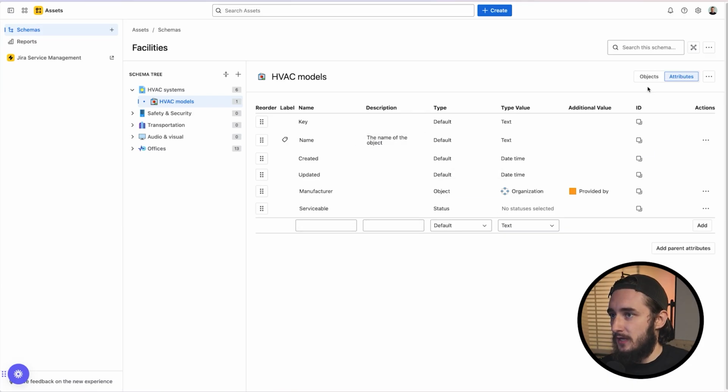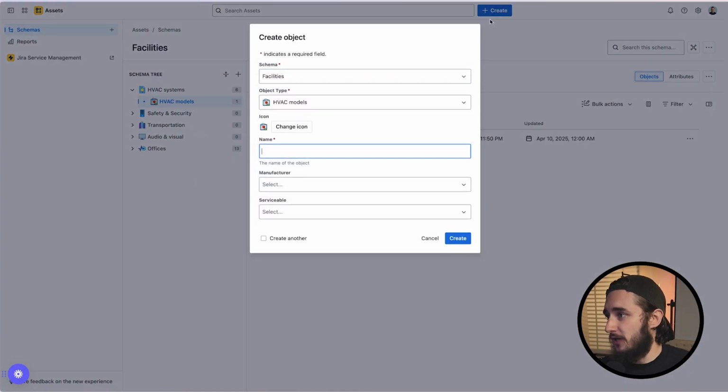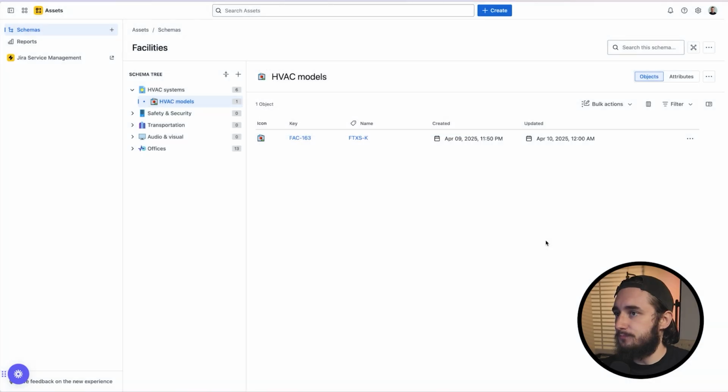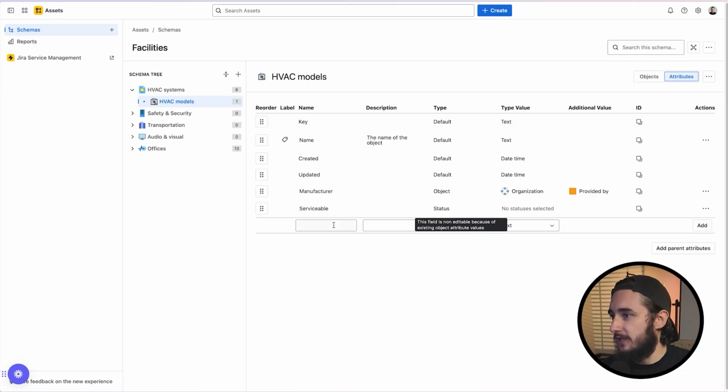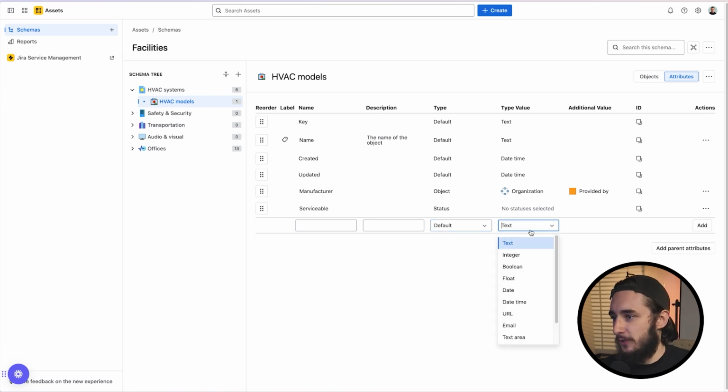We also see the same list of attributes when we click on an object or when we create a new object. The same exact list is going to show up here. So as you add more attributes, they're going to be showing up in those two places. So let's go over each option that we have. We're going to have the default, which contains a list of default attributes that are more standard, you can say. So we have things like text, integer, boolean, float, date time, URL, email, text area, select, and